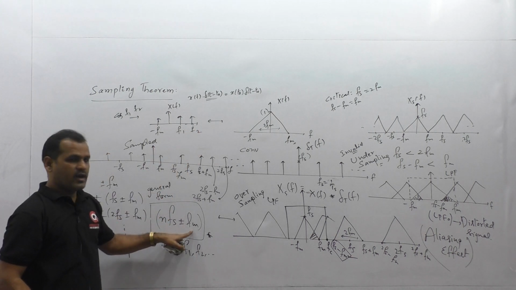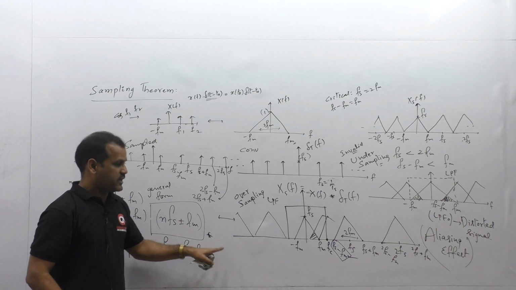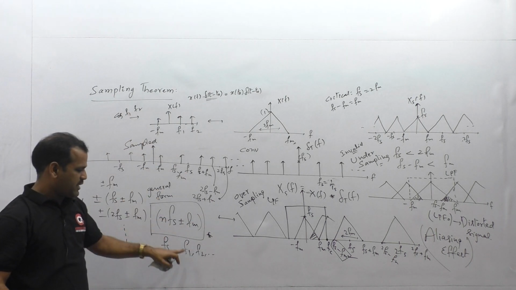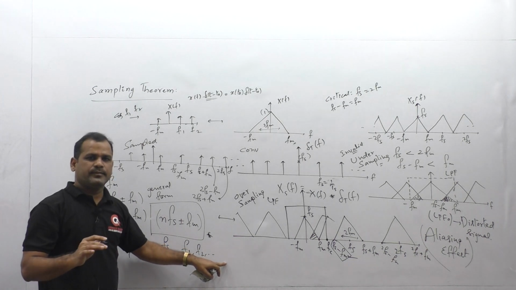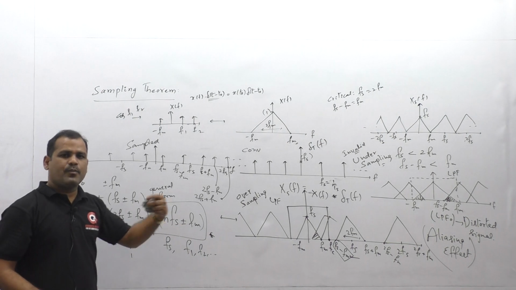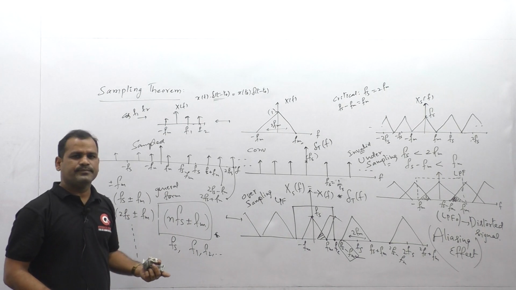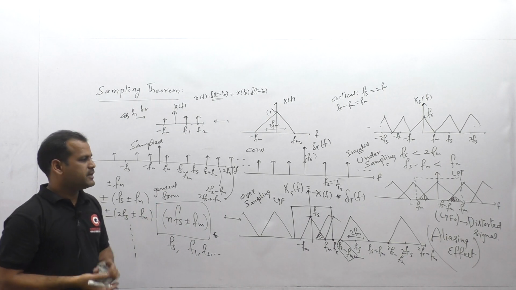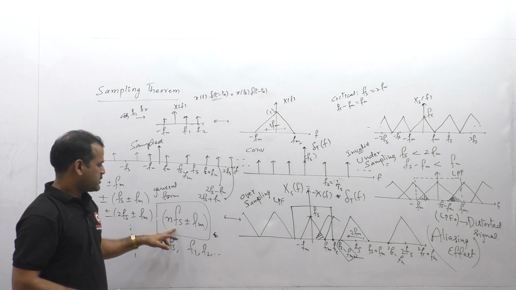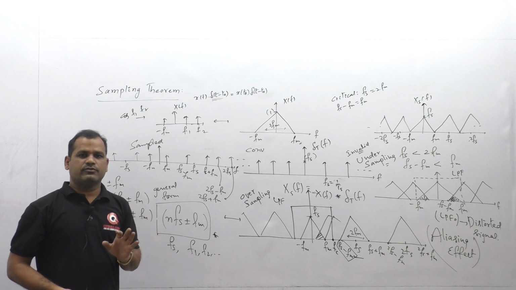So this formula you should apply for F1, F2, F3, however many frequency components are available in the given signal. You have to apply this formula for each frequency separately, and then you calculate it. You will get the answer for Nyquist rate or low pass filter output. The corresponding question you can attempt within very less time. Instead of plotting all the spectrums in the examination, try to consider this general form. You will get the answer very soon. Fine.